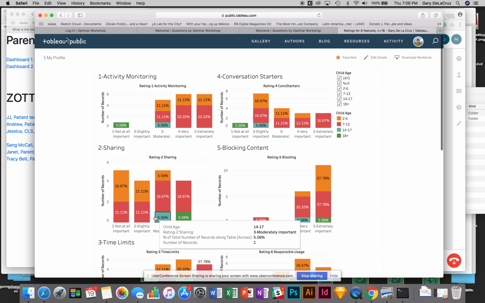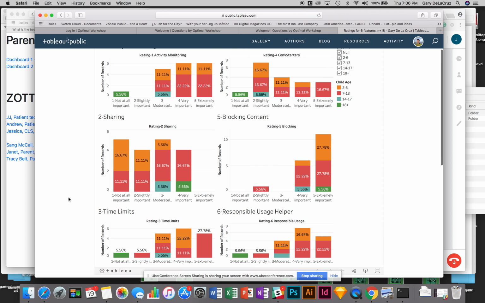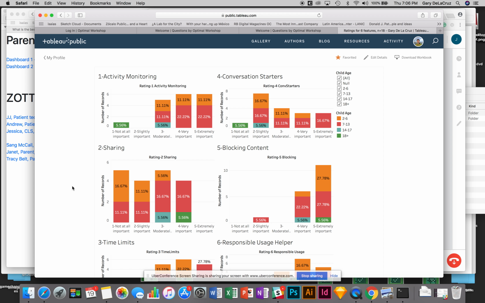Okay, so I created a dashboard to summarize some of the important parts of the survey we put together a couple weeks ago. And just to give some background on the users represented here, we created another survey that did not ask whether the parent had a child in the hospital. And that was to be able to get more responses. So what we're looking at represents 18 users, and we asked them to focus or to think about their child's favorite digital platform. So all the questions were surrounding that.